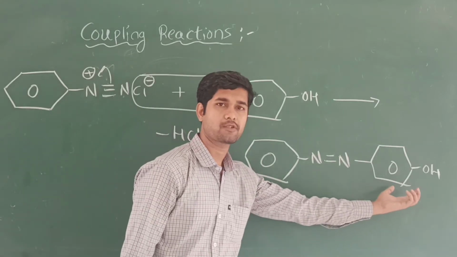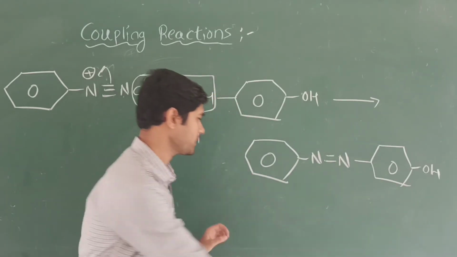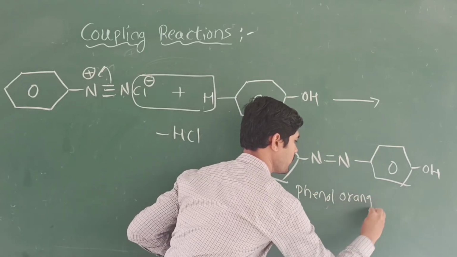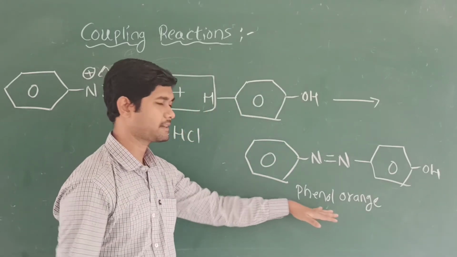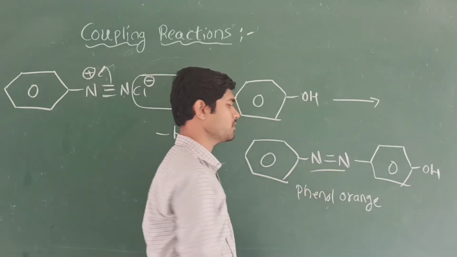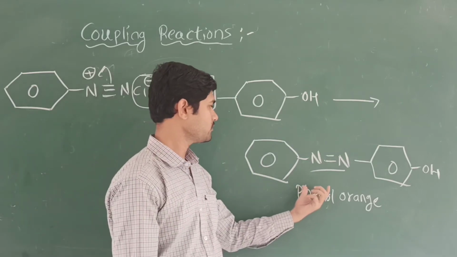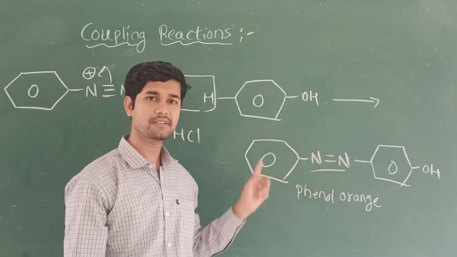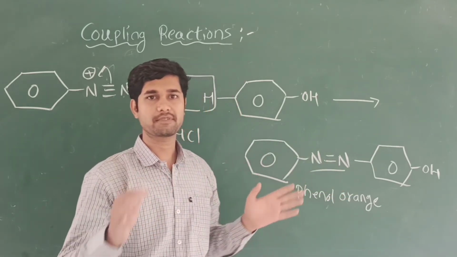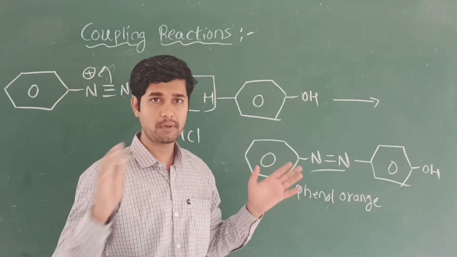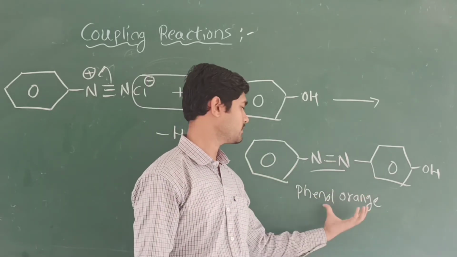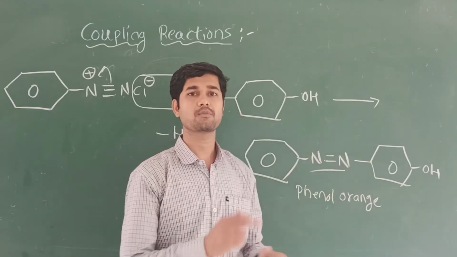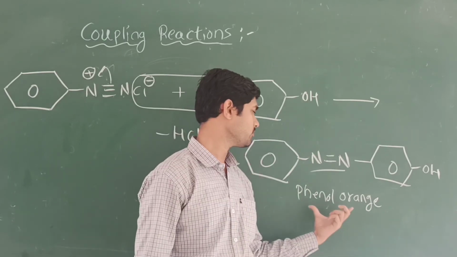This para-hydroxy azobenzene is also called phenol orange. These act as coloring agents because of the azo group, which gives them color. This is a very stable molecule because of the two benzene rings. Due to the two benzene rings, stabilization and resonance migration of the pi bonds are greater. Due to this stable compound with more movement of the pi bonds, it looks orange in color, so its name is phenol orange.